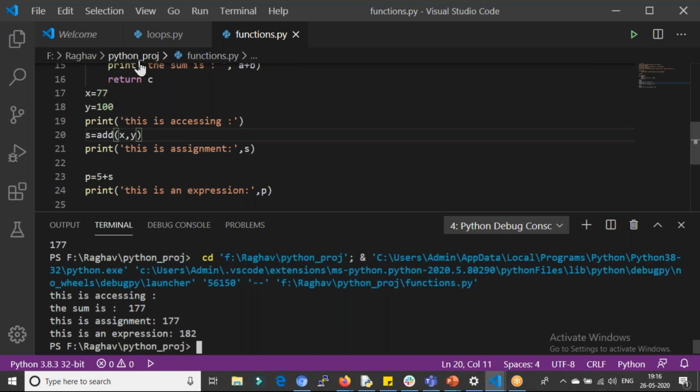I mean, we have run the function, and then this is the assignment over here. I got the value inside s. From s I got the value, and then I also have an expression. So I have a 182. So this has worked. I got expression, I got assignment, and I also accessed the function while using return.